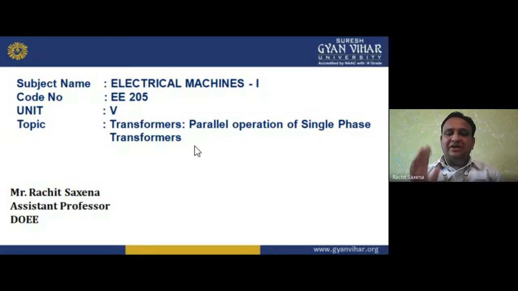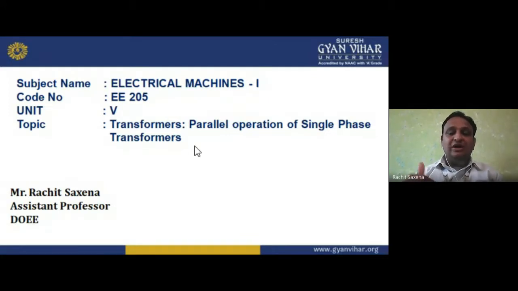So the transformer is a very necessary part of machines, but it is a part of non-rotating machines. Another thing is industry. In industry, if I want to rotate something, like a blower, a lift, a hoist, or a crane, I need a machine to operate that. That machine is your motor, which gives mechanical output but takes electrical input. That is the motor we are going to study, and in industry we use the induction motor more. The most widely used AC motor in industry is the induction motor.